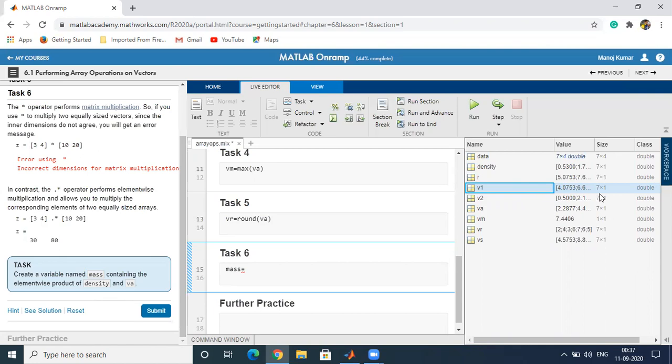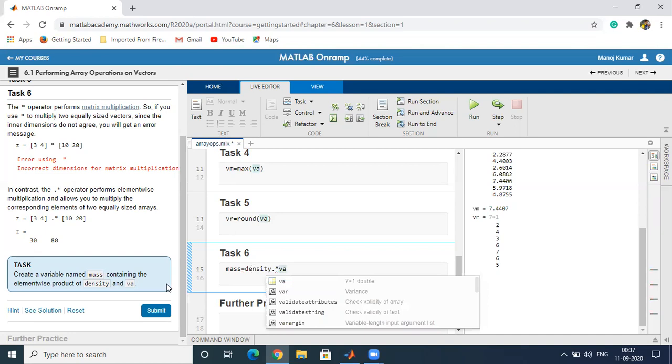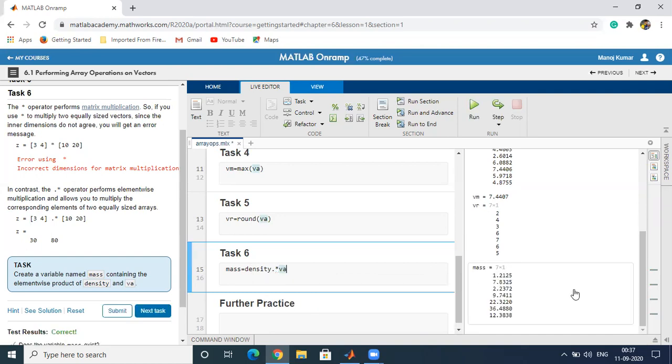They are of the same dimension, so we can multiply them component-wise. To multiply component-wise, we will do density dot star VA, and we will get the component-wise multiplication of these two vectors.